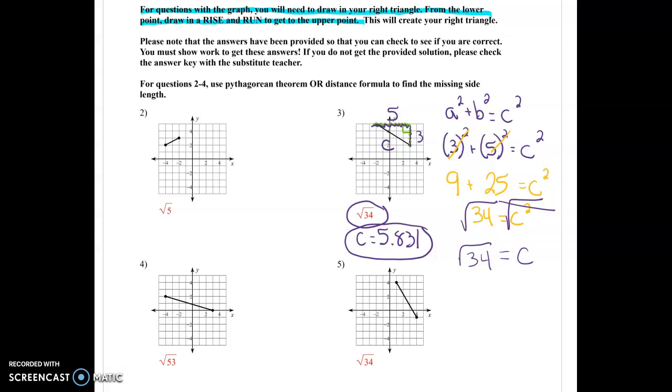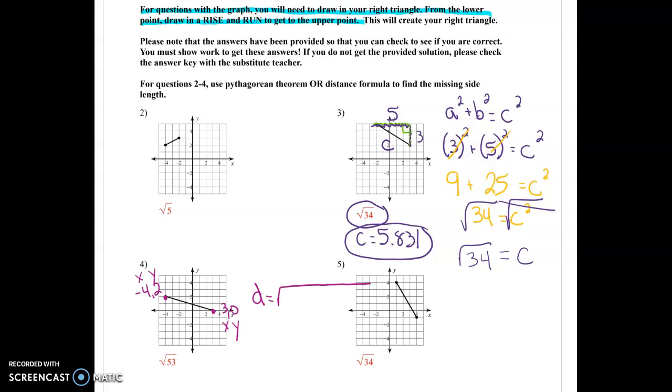So for the distance formula, I'm not going to draw in my rise over run. What I really need are these coordinates. So this one over here is -4, 2, and this one over here is 3, 0. And this one is x, and that's y, and this is x, and that's y. And now what I can do to find the distance of that segment is I'm going to make a big